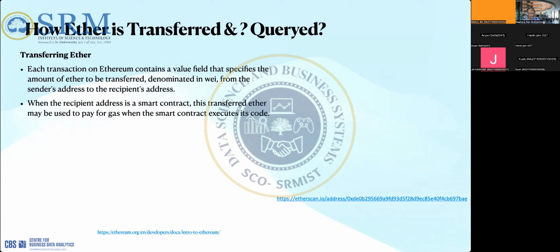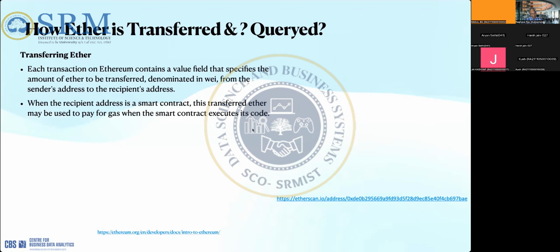When you create a transaction, it contains a value field, and you specify in the value field how much Ether you need to transfer to the other account. Let's say you are transferring 1 Ether to your friend, then you will put the value as 1 Ether, plus the transaction fee. And then you specify the transaction fee and other things, and you send the transaction to transfer the money, right? So that is the one.